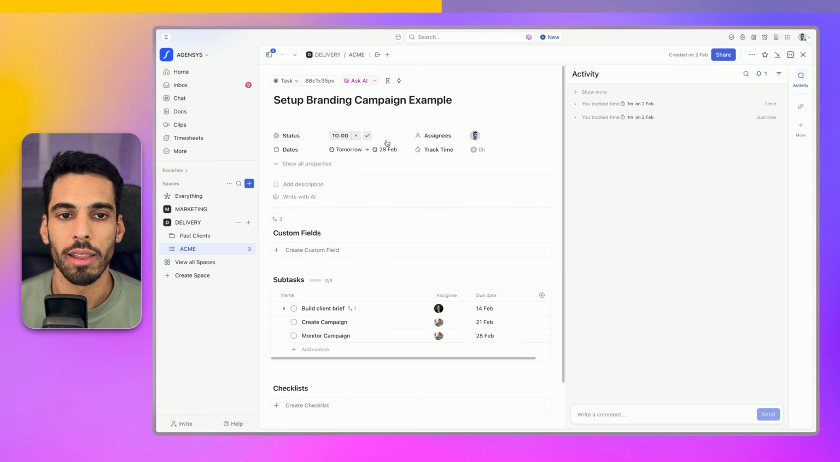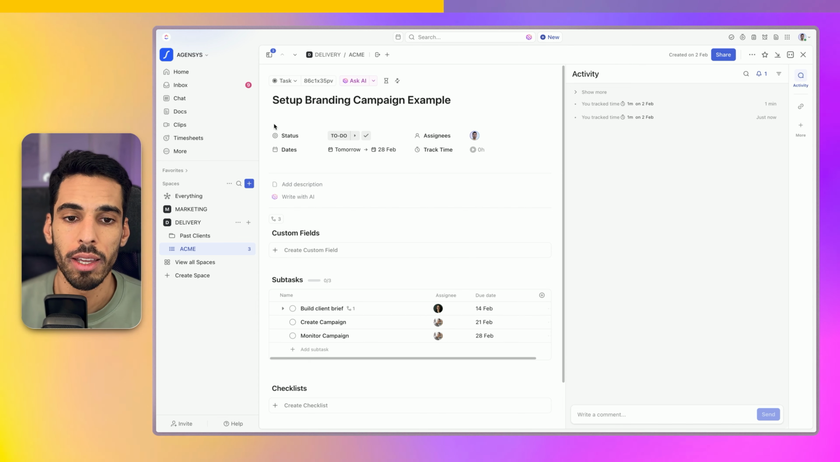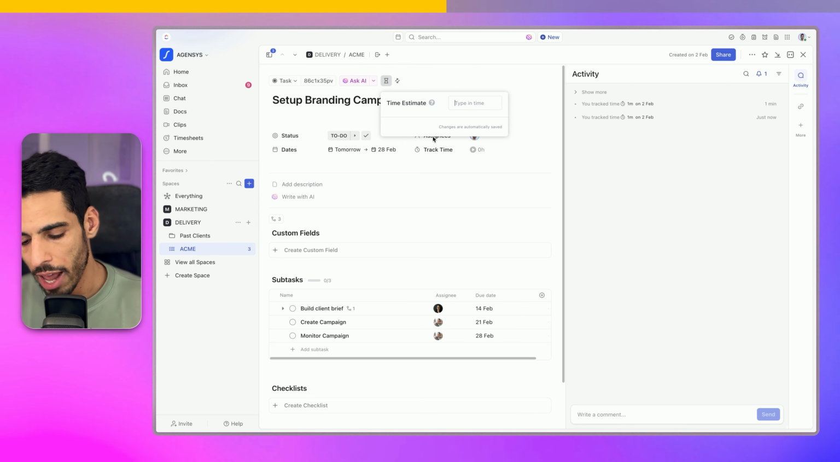So we can even hide that left panel. And in here, we can see on top the most important task info: your status, your assignee, your due dates, and then your time tracking. If you wanted to add an estimate, you can click the hourglass right here on top and add a time